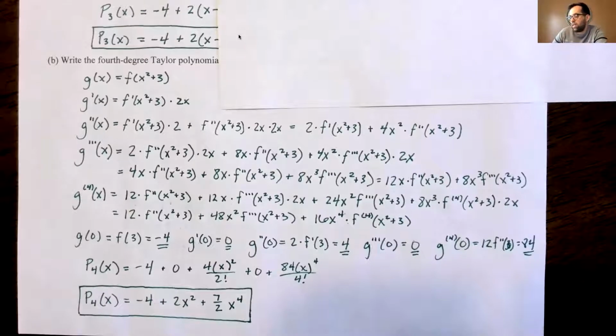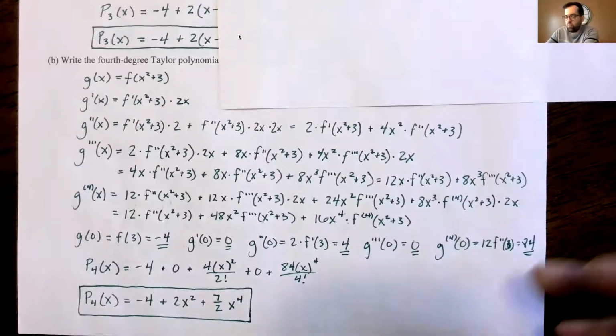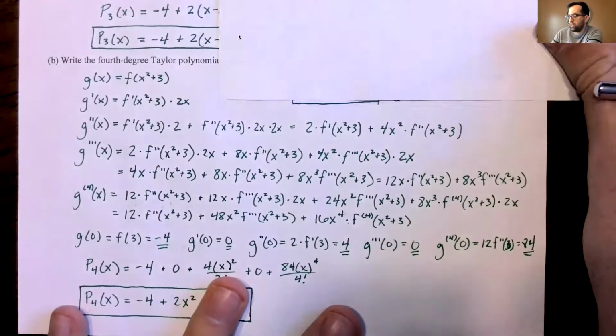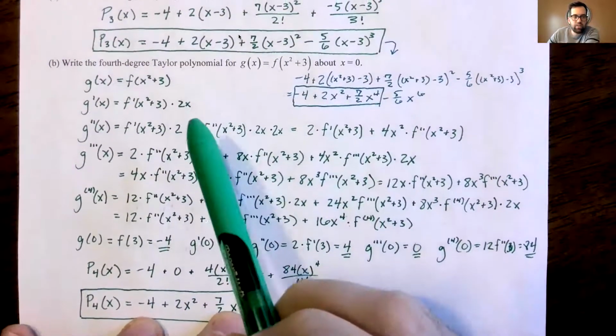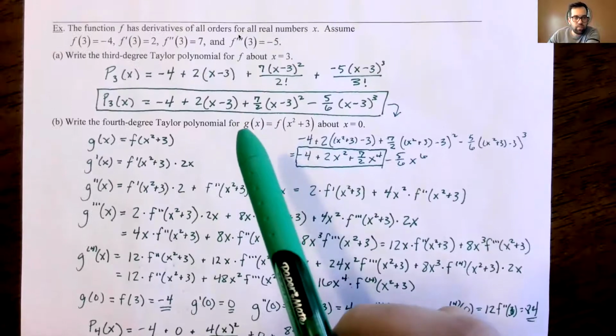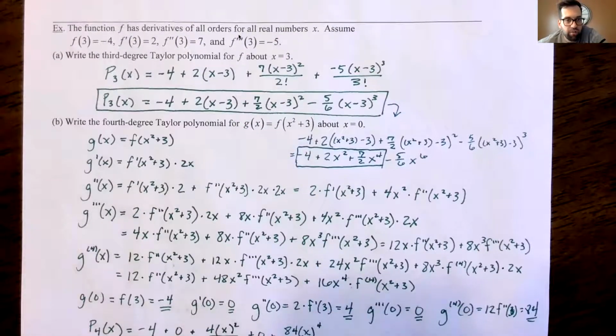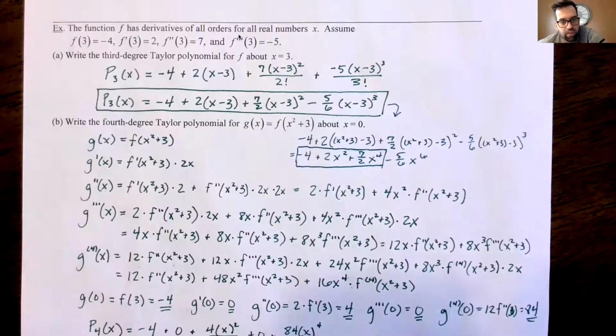However, there is a simpler way to do it, which I'm covering up here. So let me reveal it. And then this is what we're going to write down. If we take the answer from the previous question, which was the Taylor polynomial for f about x equals 3, and we're trying to find f of x squared plus 3 instead of f of x, what we could do is take that approximation that we already had